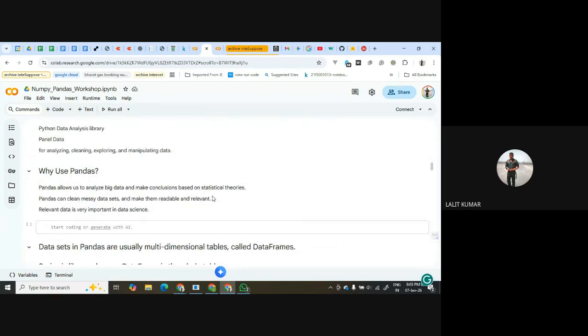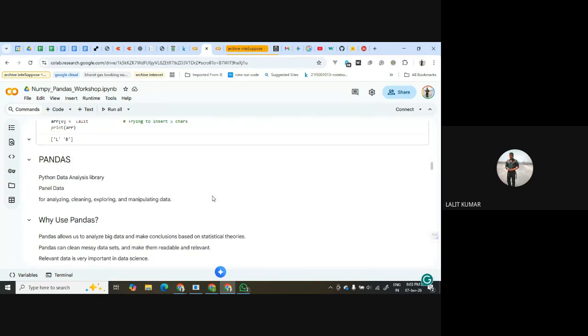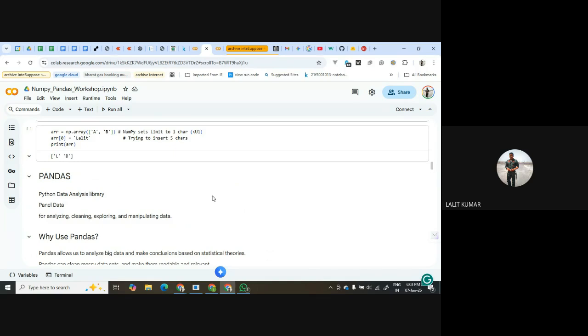So we will start today with Pandas. So what is Pandas? Pandas is basically a Python library, and it is a wrapper around NumPy, and it is used for analyzing, cleaning, exploring, and manipulating data. And it is the primary library in the machine learning and data science field, which you will be using frequently.